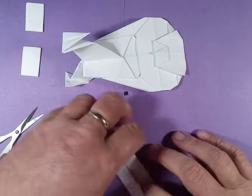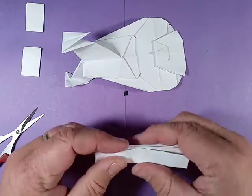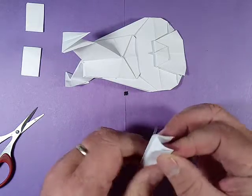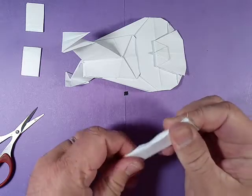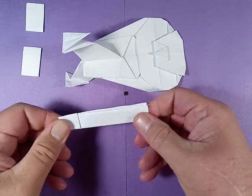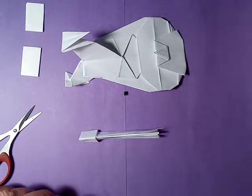Alright. Fold it in half this way. Okay. Line everything up so everything is all hunky-dory. There we go. Alright. It's going to be one engine set. We're going to take a second piece of paper,